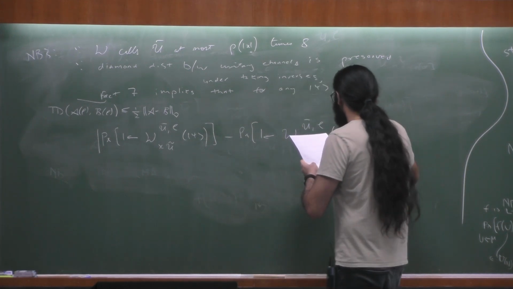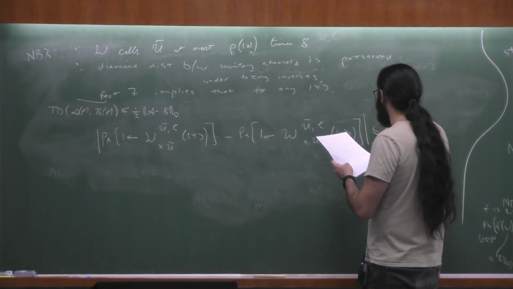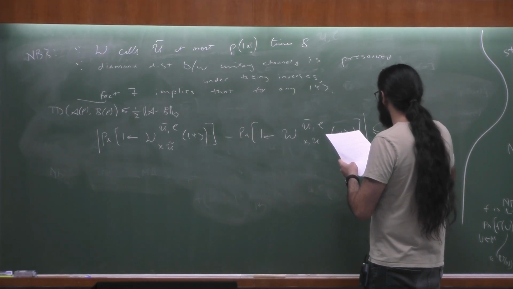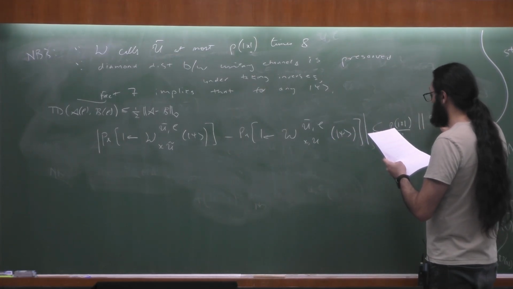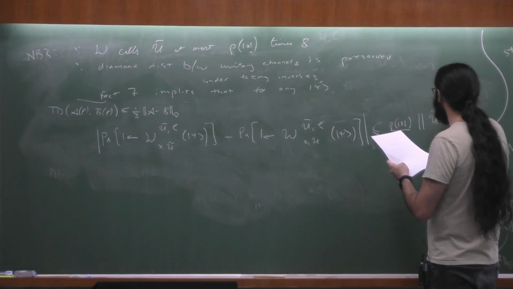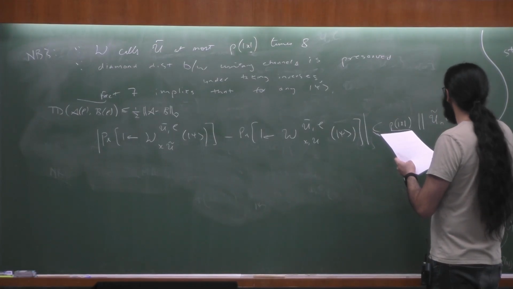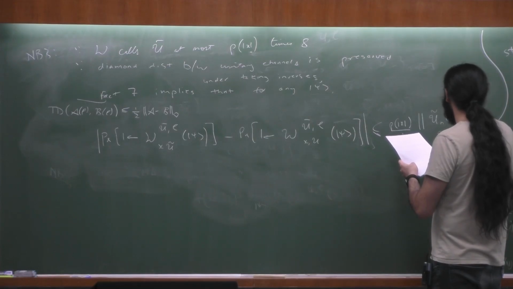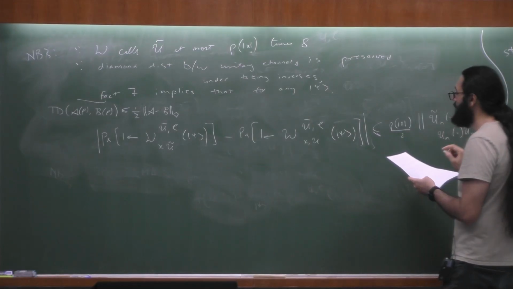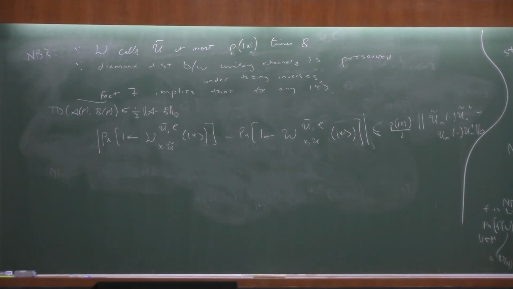This norm is at most p_x by 2, u tilde minus u, the unitary channel that we had, u_n. Okay, so I think there was a statement like you're using subadditivity of the diamond norm and you're querying it at most these many times. So